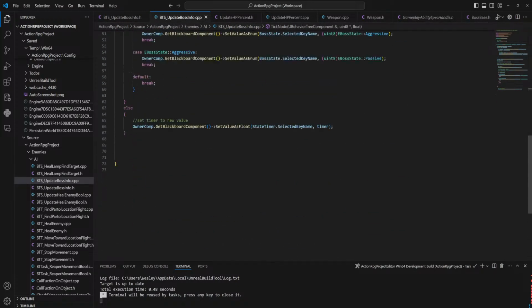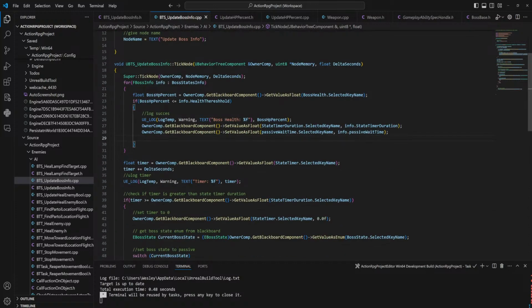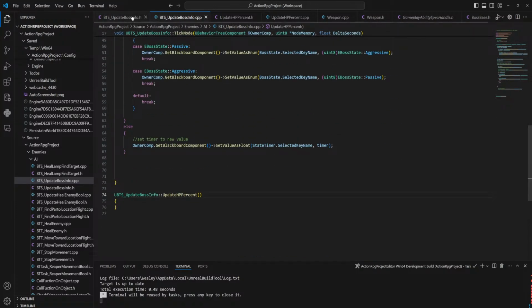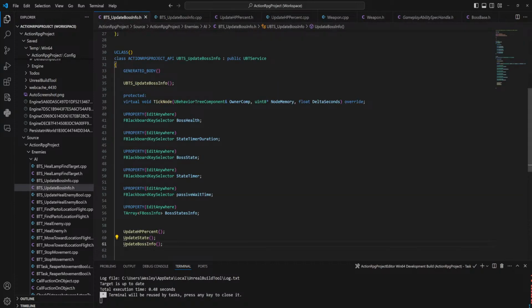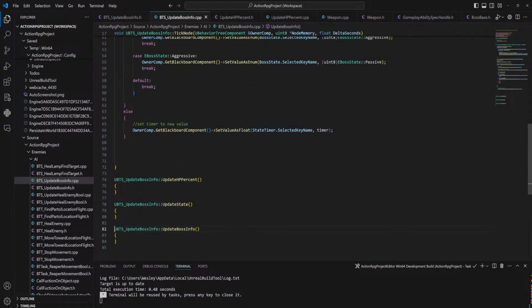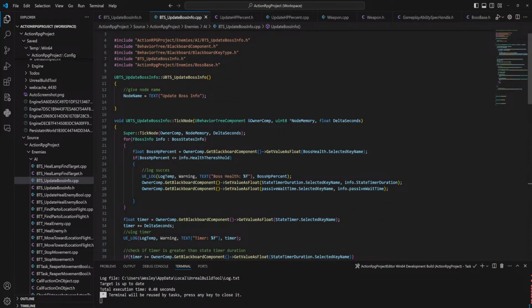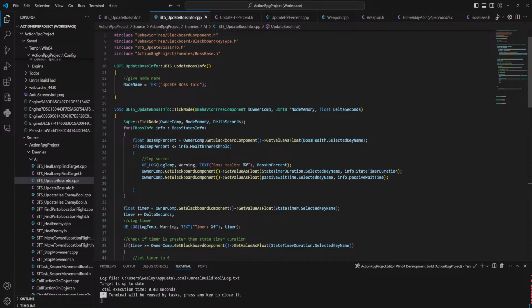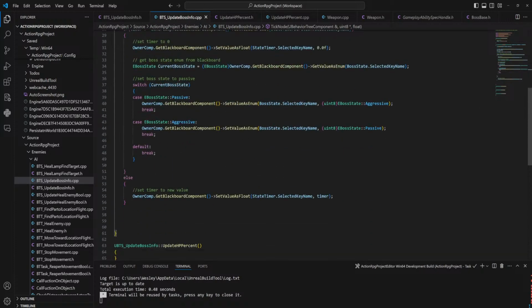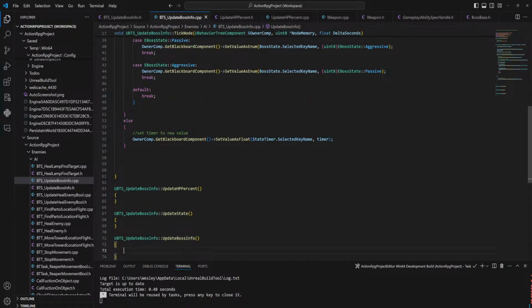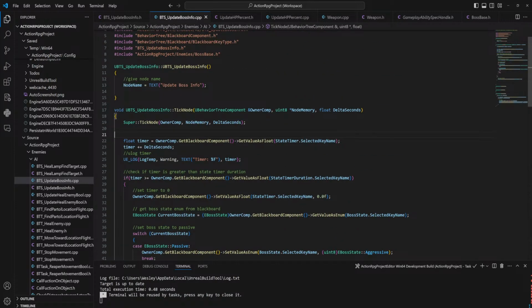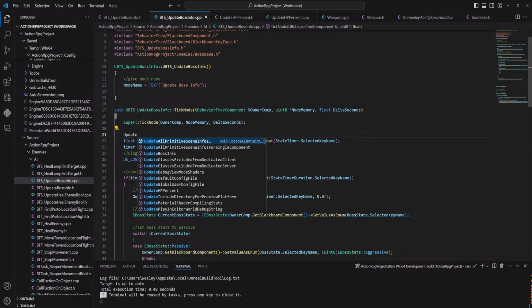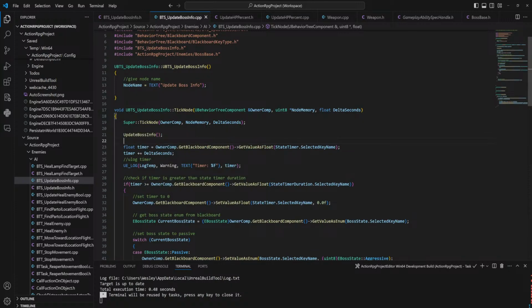VS Code, are you going to do your thing? Just because this is starting to be a pretty huge block of code, so let's do our due diligence and split this up. So we have the update boss info. Updates boss info.